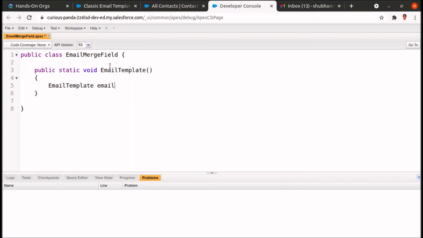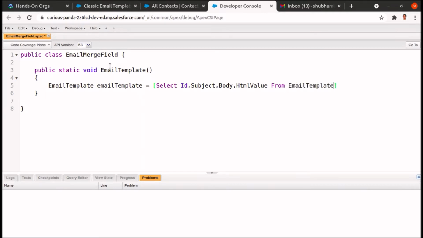So email template equals select Id, subject, body, and then HTMLValue. You can learn about the email template object from the developer guide by searching in Google.